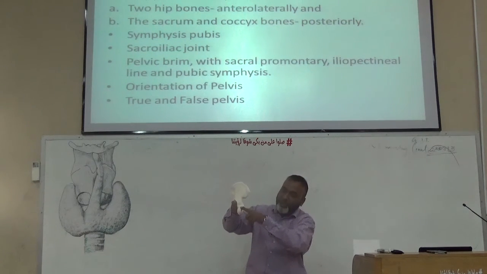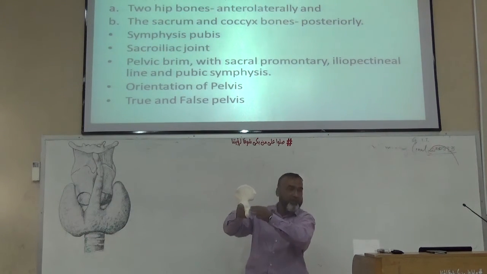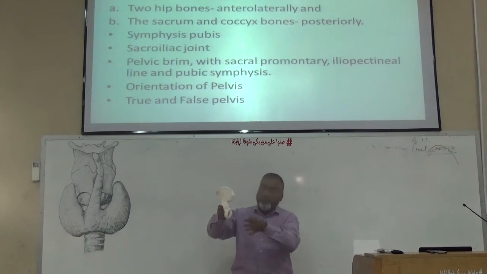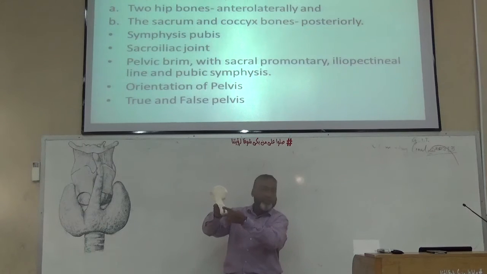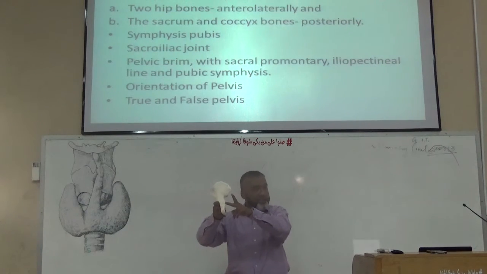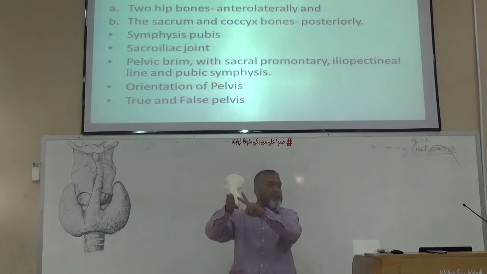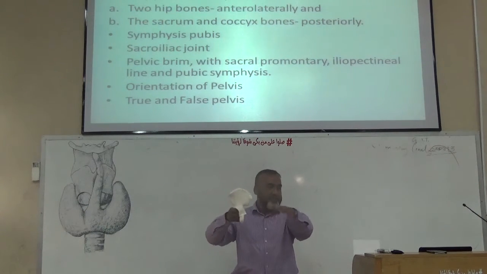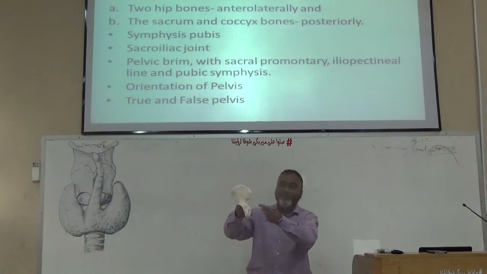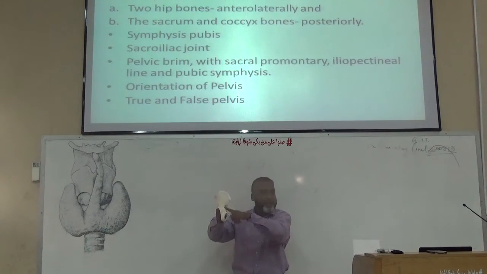If we proceed backward, there is a spine-like process. This is named as the ischial spine. Now this area and below this spine, they are basically the notches, and they are named as the greater sciatic notch and the lesser sciatic notch. I am telling these things because the muscles and the ligaments are going from here and attached. So you must know that this is the greater sciatic notch and the lesser sciatic notch.